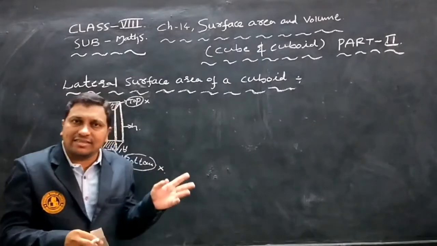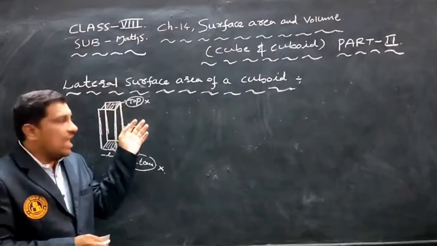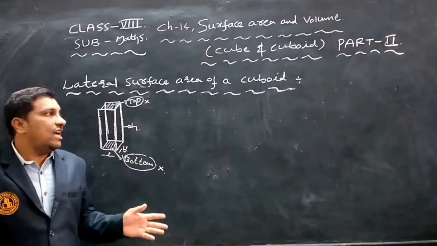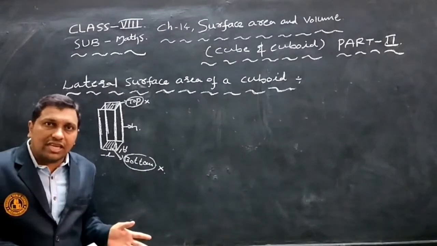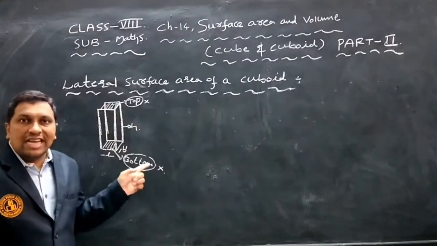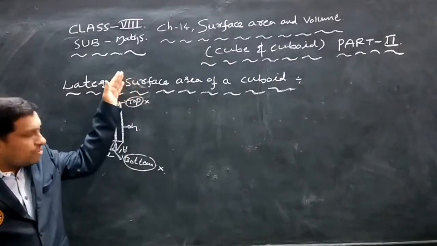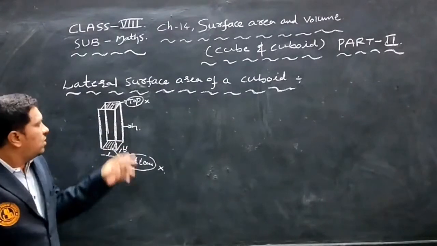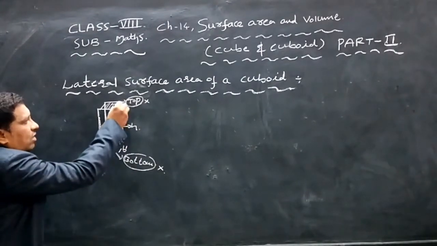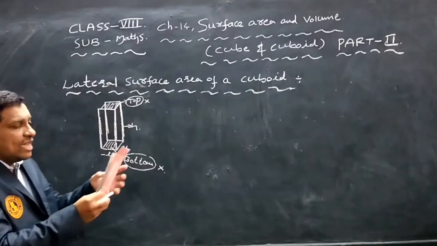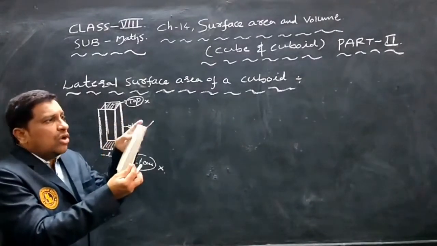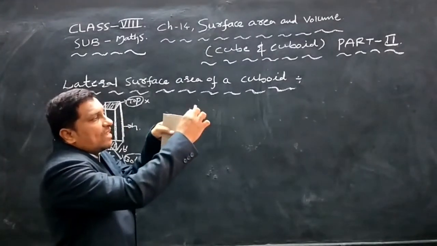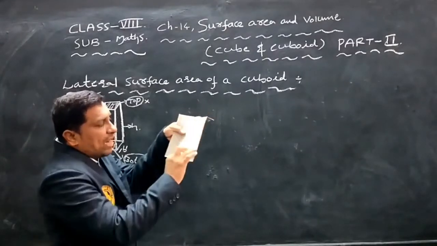In the previous class we discussed this for total surface area, and lateral surface area is similar. But what is the difference between them? In total surface area we calculate the top and bottom. In lateral surface area we exclude, that is remove, the top and bottom, and calculate the remaining part. Understood? We cut one corner of this cuboid box to get the open format.